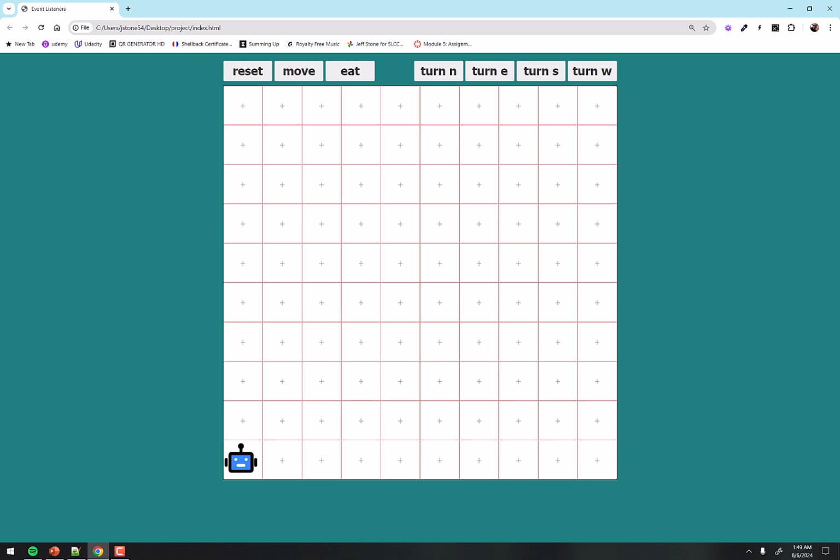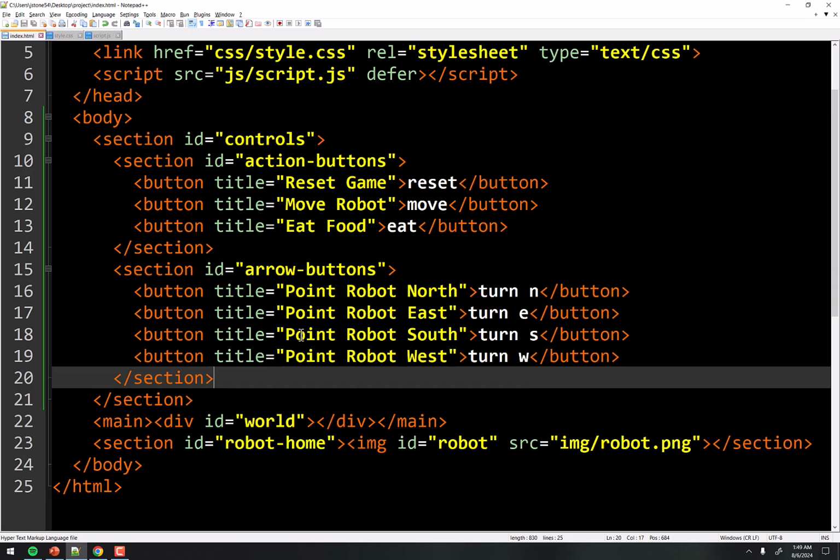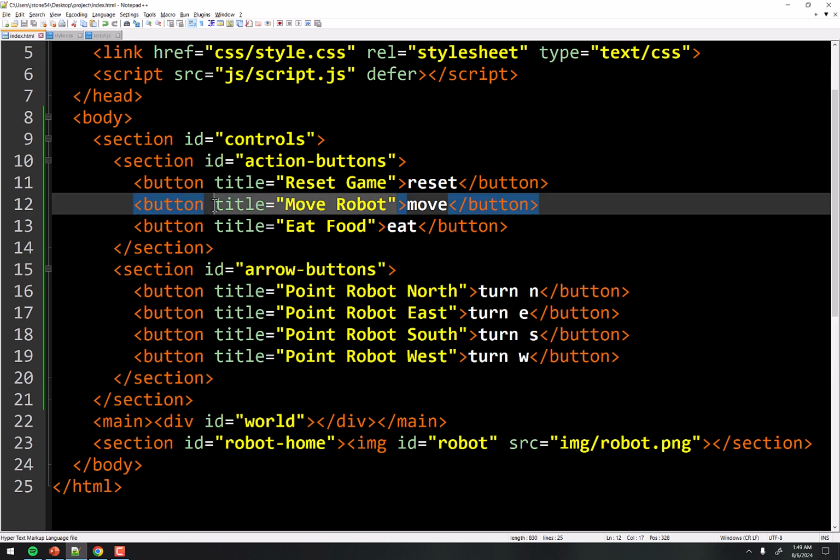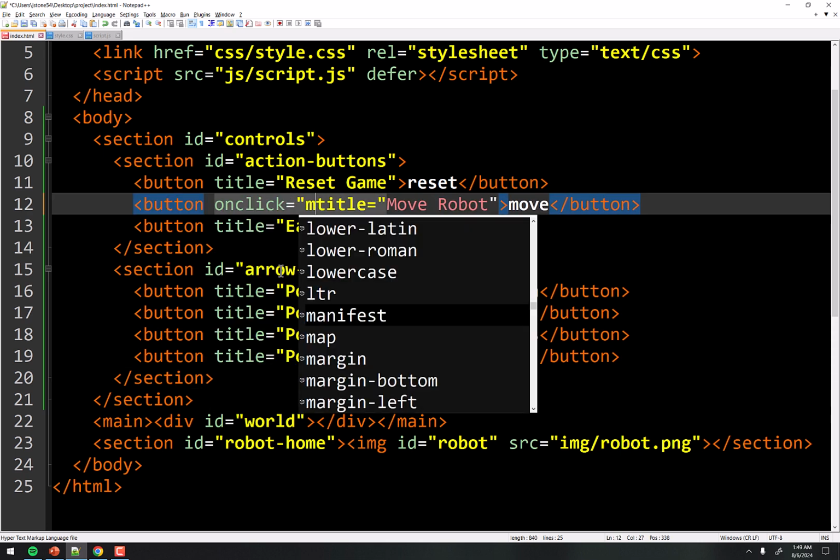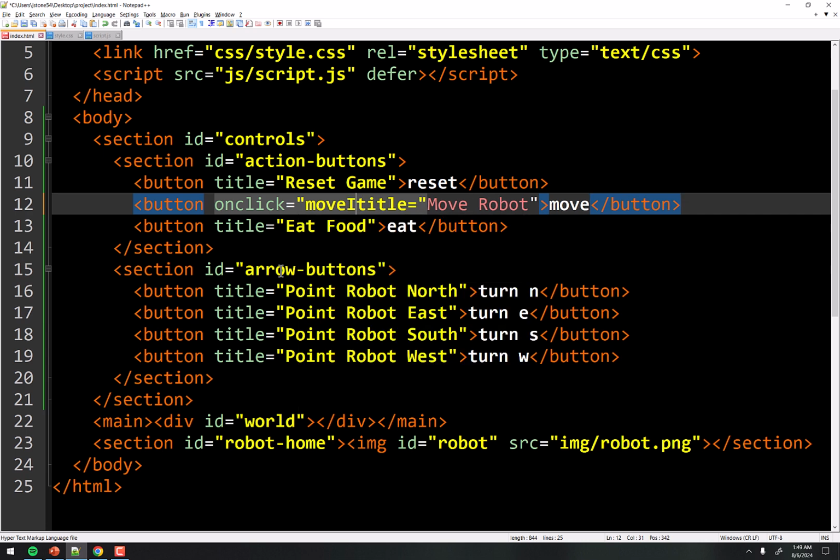Okay, in the past, when we wanted to click on a button, let's just click on the move button in a minute. Right now, nothing will happen. But we want to eventually make that move up like this because that's the way he's pointed. So what we've done in the past was simply on the move here, we would add an onclick and we'd have a function called move or something like that. And we would make that function do the work for us, which we're going to build in just a second.